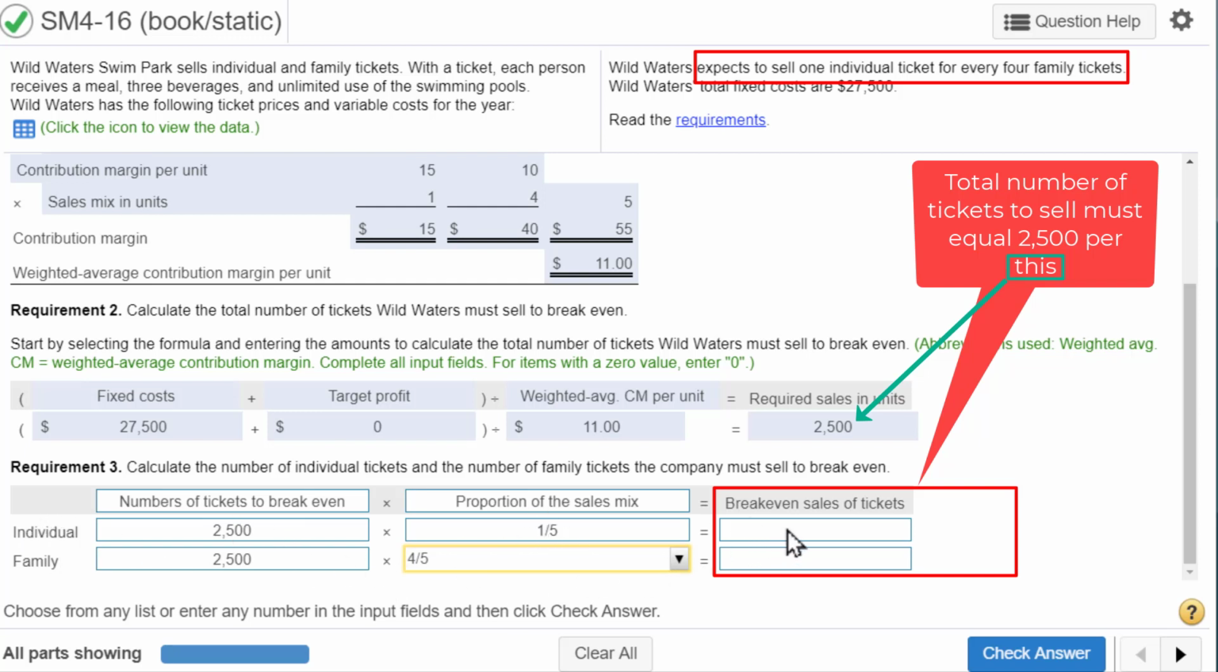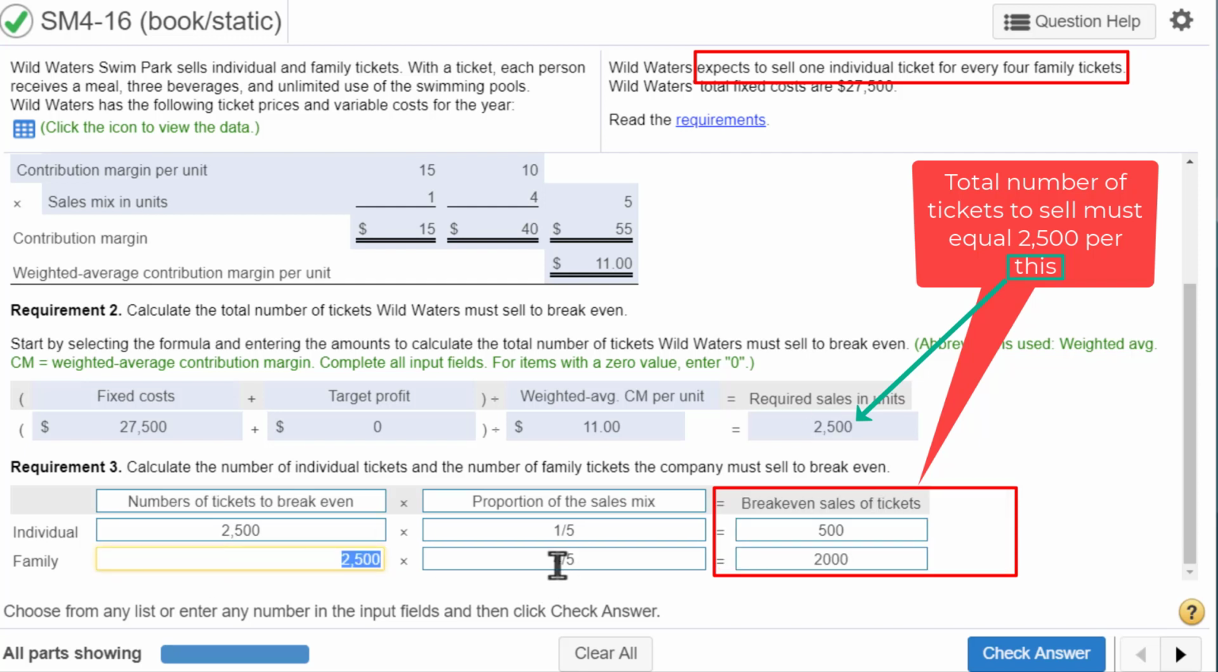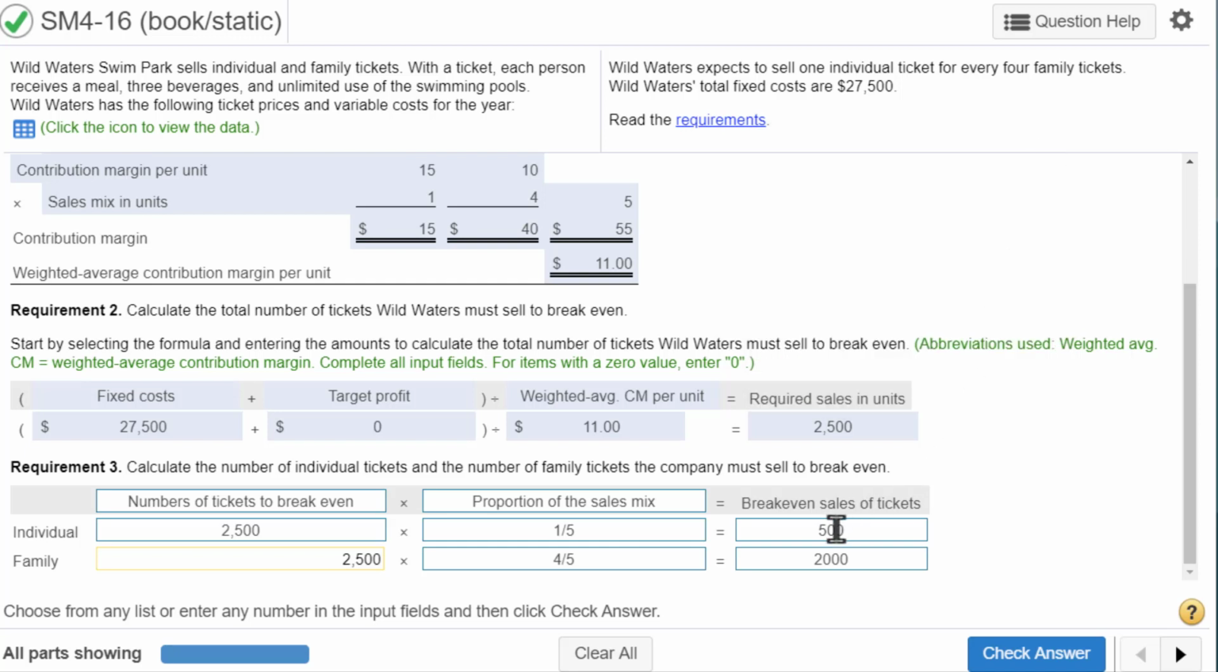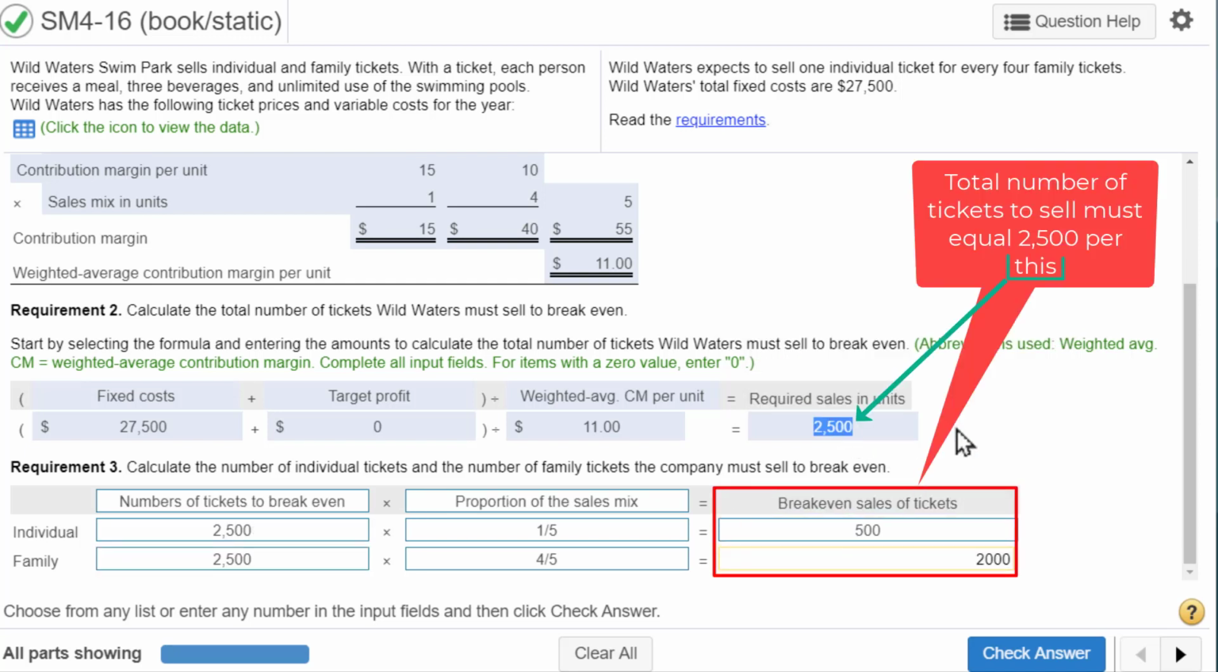So 2,500 times 1 divided by 5 gives us 500 tickets. Now this one, we don't even have to do the math if we didn't want to. If we have to sell 500 individual tickets and we must sell 2,500 tickets, this must be 2,000 tickets, because these two must add up to 2,500. But let's do the math to check. 2,500 times 4 divided by 5 equals 2,000. And again, double check: add this plus this, and it should be the same as the required